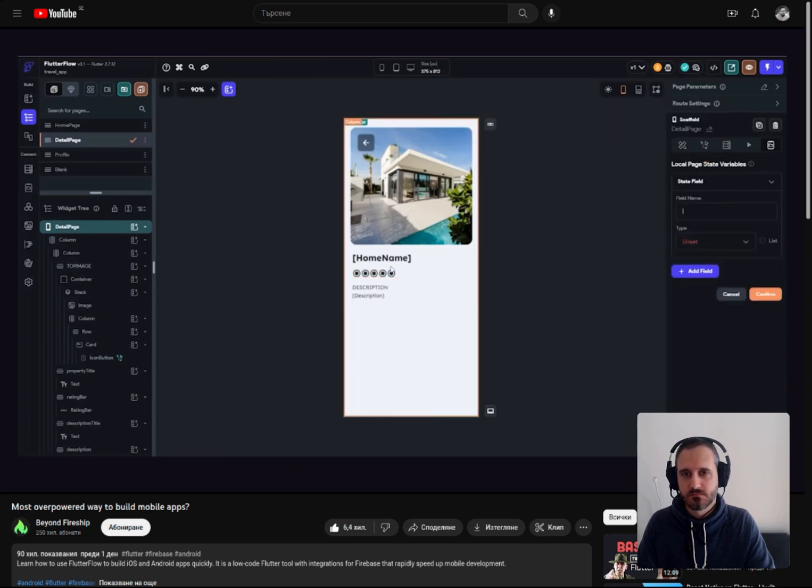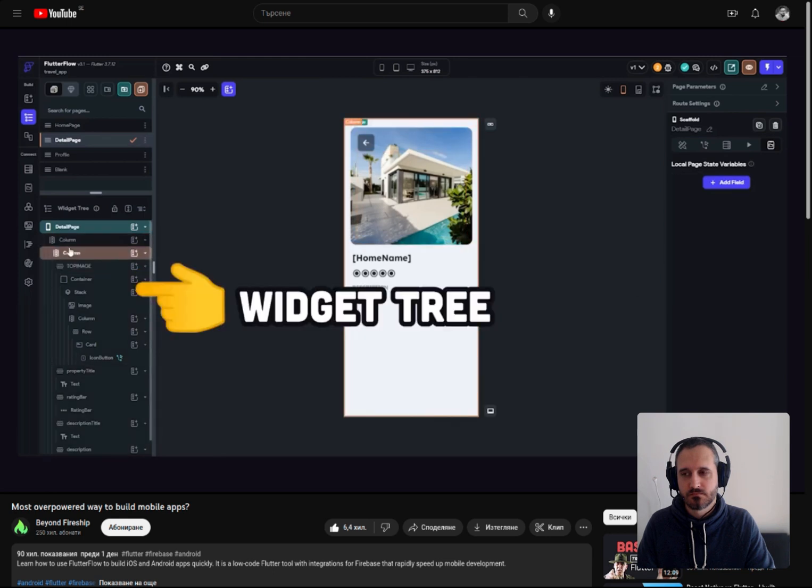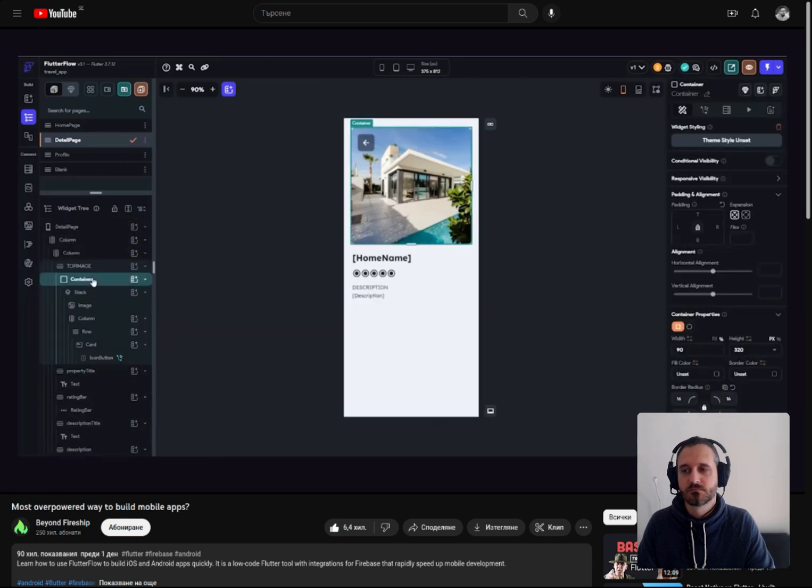That's cool, but you might also have individual widgets that have their own local state. As the widget tree grows more complex, you'll want to break it down into your own custom components that can be reused. You can do that by selecting a point in the